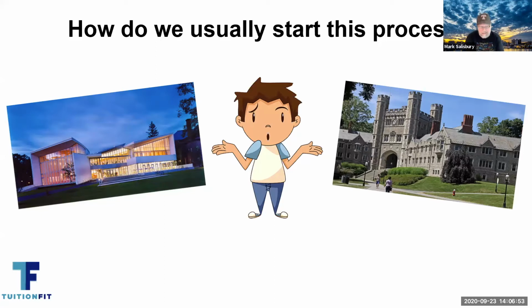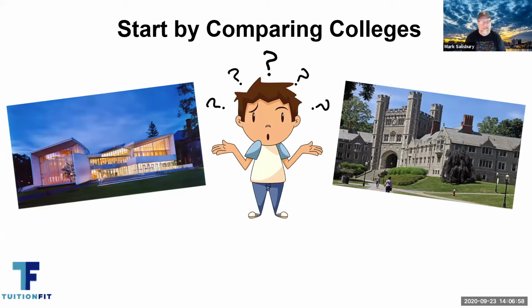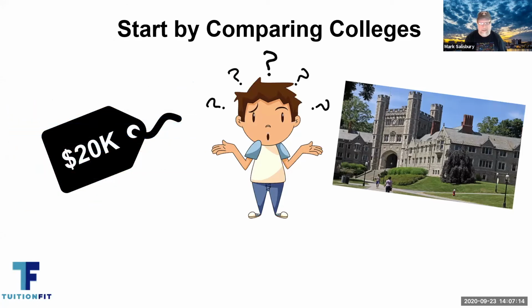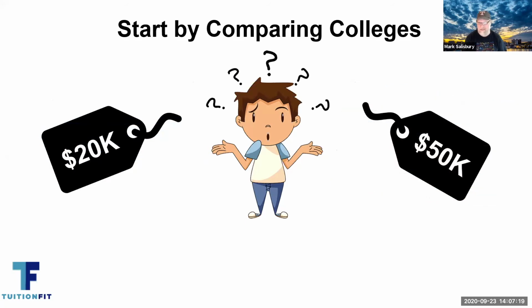Well, usually we've got a bunch of colleges out there. We start looking at colleges and we start by comparing colleges. It's this one against that one, against this other one over there. Oh, hey, what about the one down the road? And the problem for the students is what they don't know in the early stages is that later on you find out that one school is going to be $20,000 a year for a student and another one's going to be $50,000 a year. And you wish you would have known that way back when you started, because the school that was 50 grand is a total non-starter. Why did we even do that?